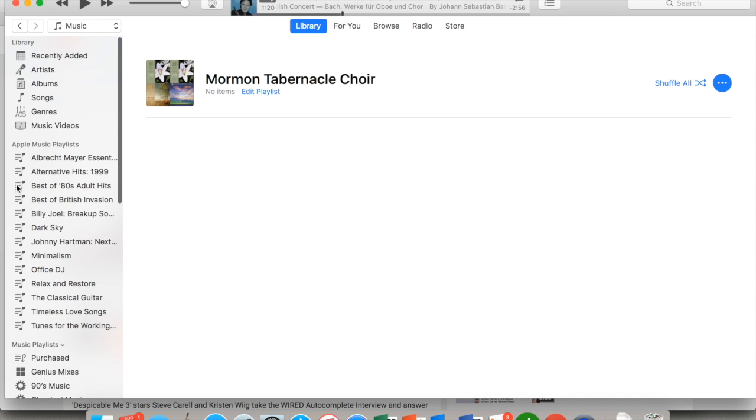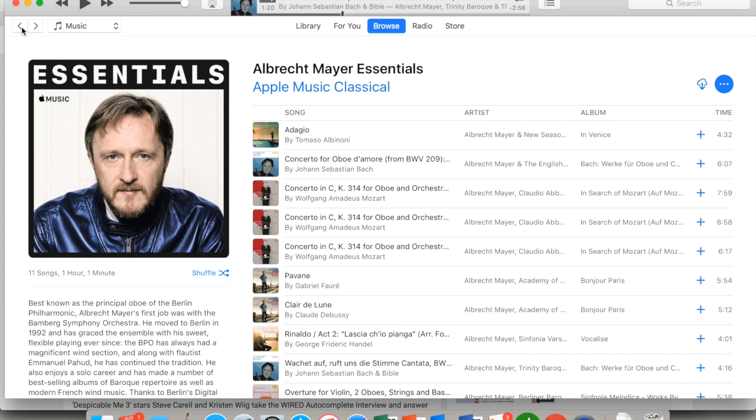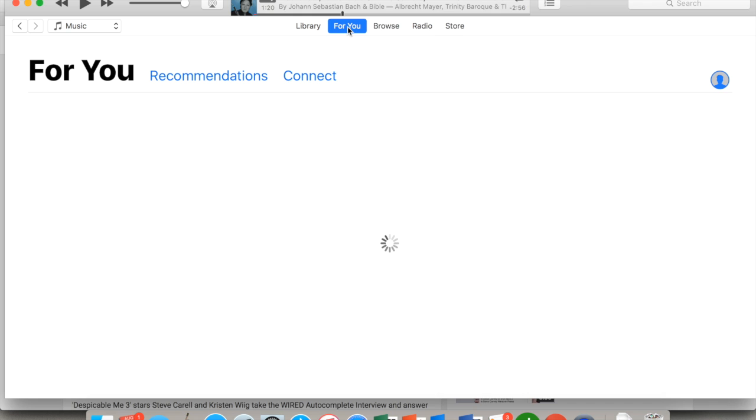That's kind of a neat thing. You'll notice that Apple Music, as you come along, I'll try to point this out, has their own playlists that you might look into. So that last screen I was on, I'm going to click on back right there. This is one of their playlists they've put together. Now I can't add this right now, but you would see at the top right hand corner of anything like this a little cloud. It's a cloud now because it was a plus sign before, but I already hit the plus sign. If I hit the cloud, it'll download, but you don't really need to pay attention to that right now. So, if you click on For You,